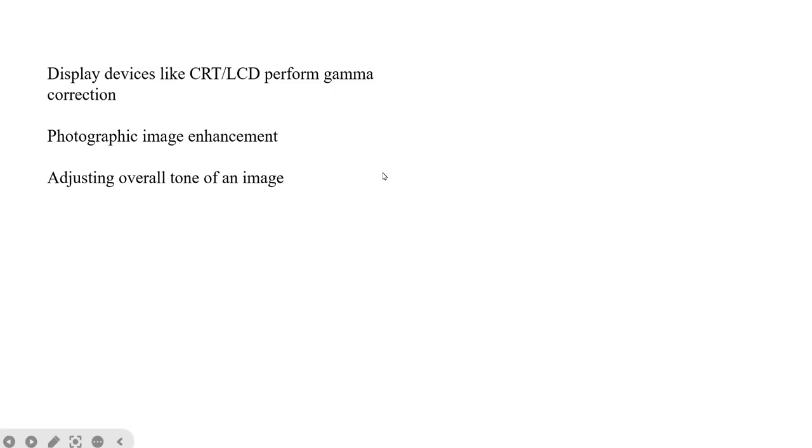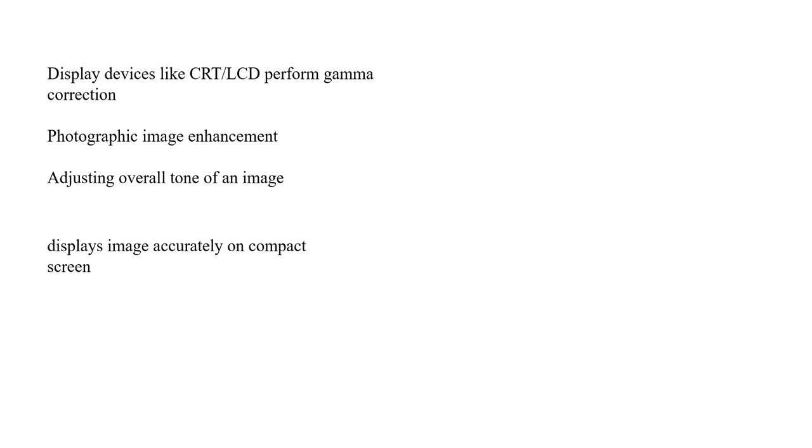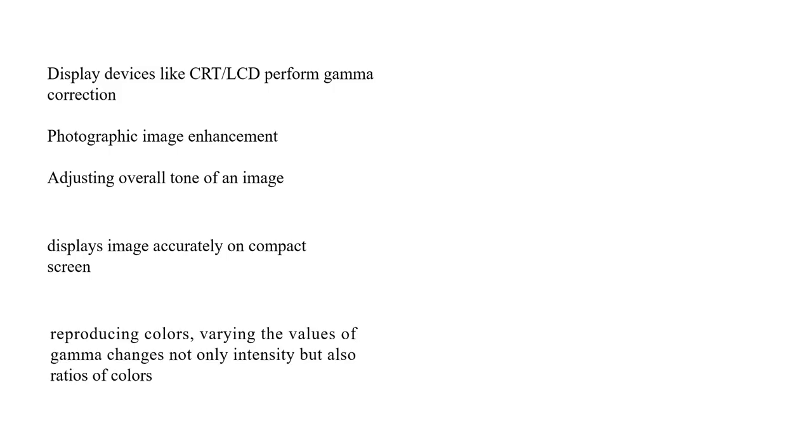Gamma correction is important if displaying an image accurately on a computer screen is of concern, and images which are not corrected properly can look either bleached out or too dark. Whenever we are trying to reproduce colors accurately, it requires some knowledge of gamma correction,